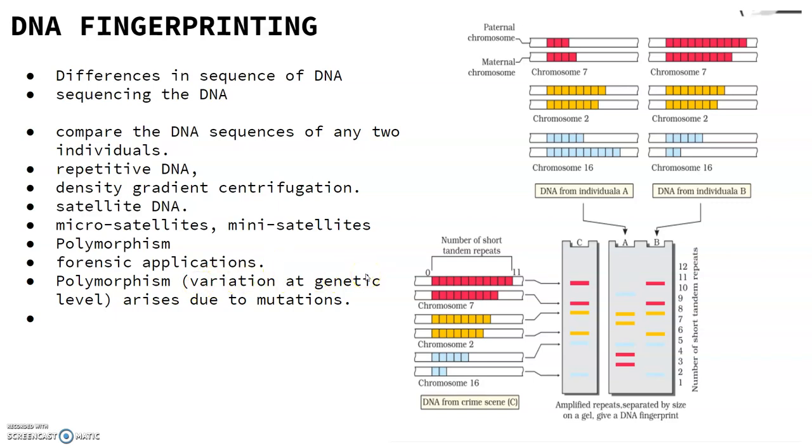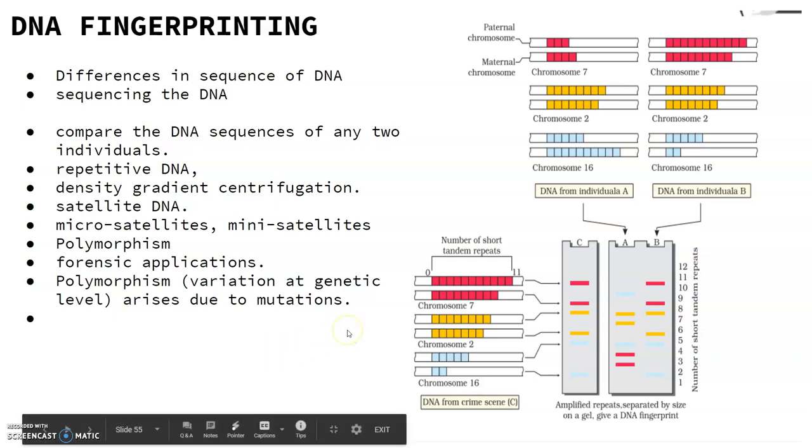So what happens is there's a variety of different types of polymorphisms, ranging from single nucleotide changes to very large-scale changes. So for evolution and speciation, such polymorphism plays a very important role. We'll study that in the evolution chapter.